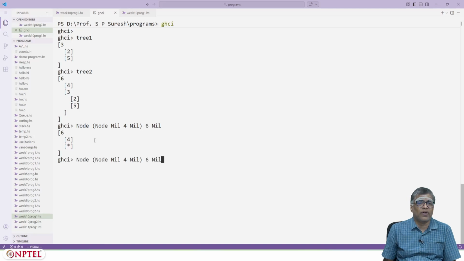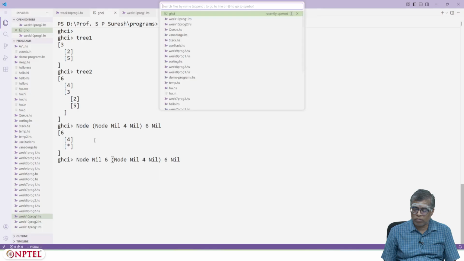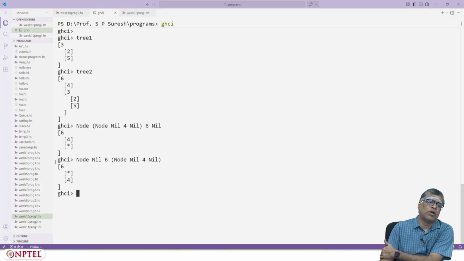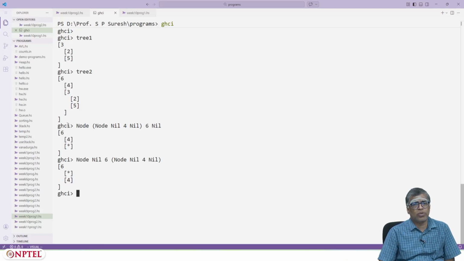I could also have the left subtree empty and the right subtree non-empty, but then it would be displayed like this. The root is 6, the left subtree is missing, it's nil, but there is a right subtree. Okay, good. So this is how you display trees.